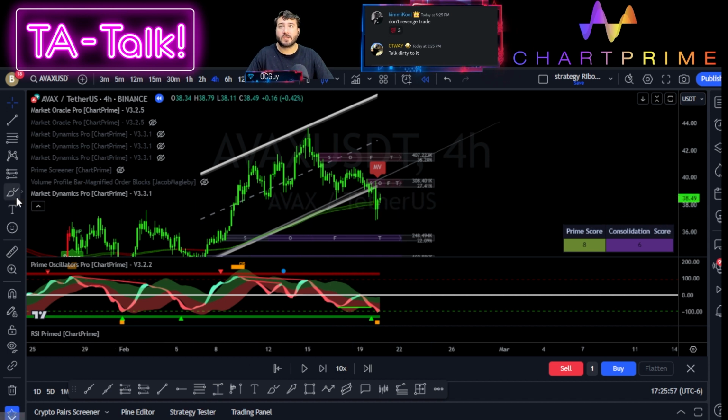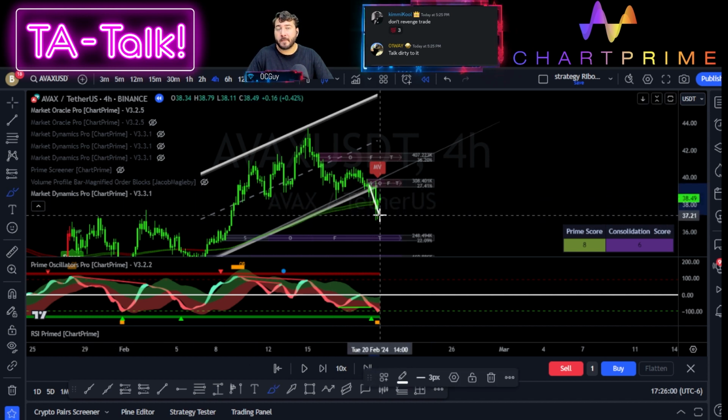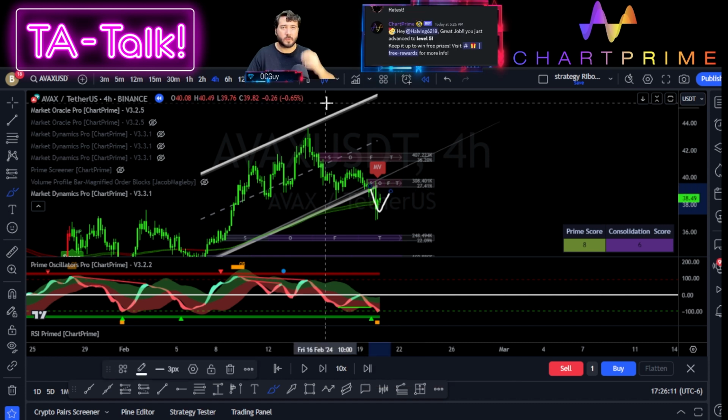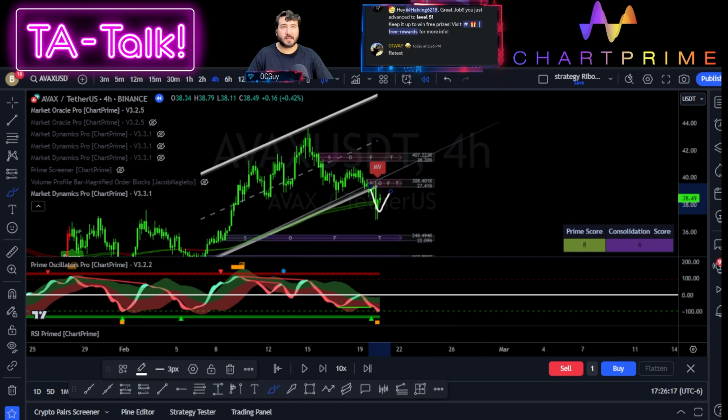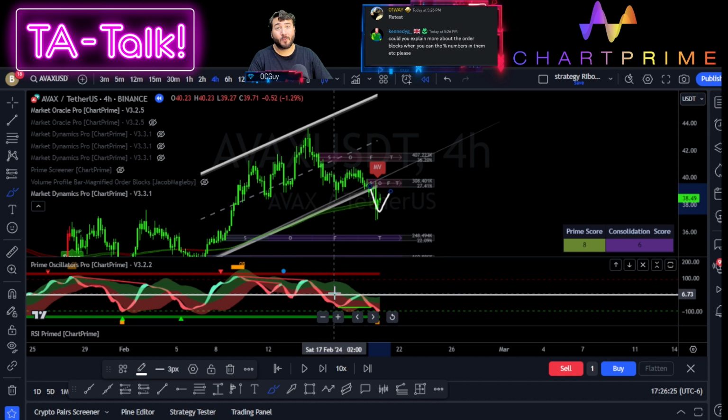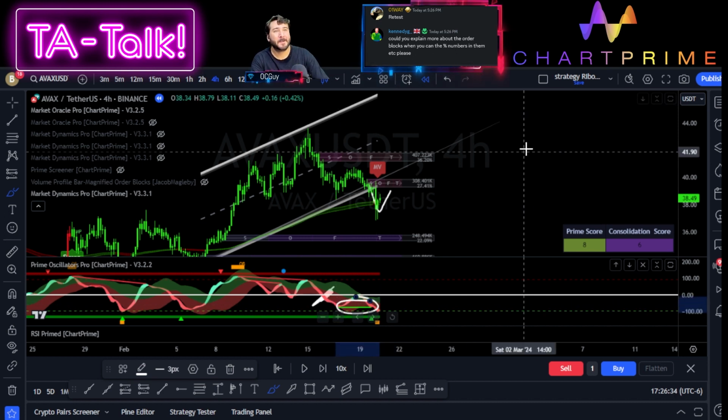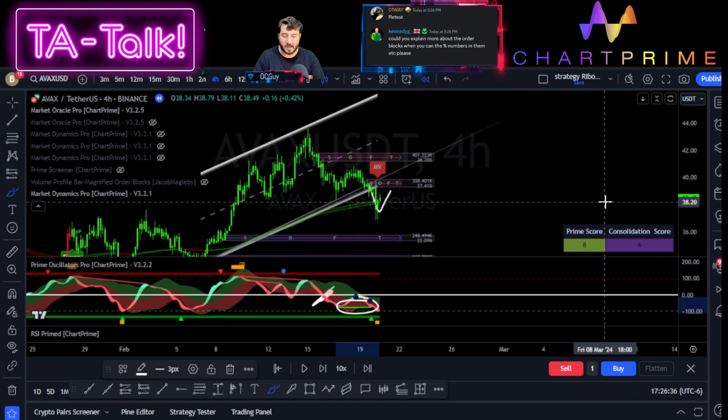Now I need to acknowledge that it's not about the breakout. It's about the retest, right? It seems like we're going for that retest. Perfect. So let's do something here. Again, this retest, where are we based on the 0 line? Are we above or are we below? Yes, we have a bullish divergence. Yes, we do, right? So let's do the next scenario.